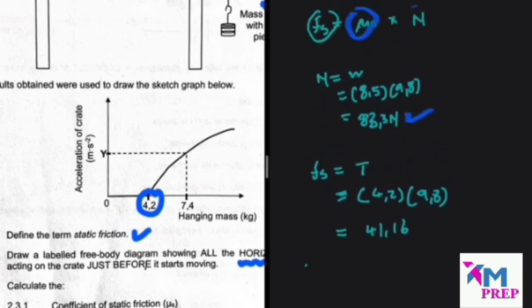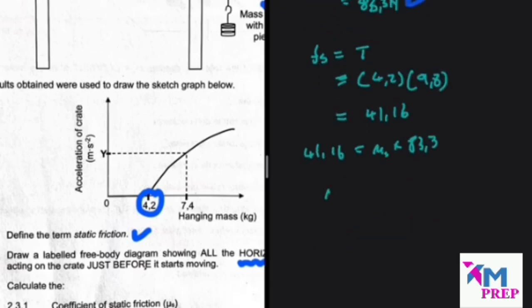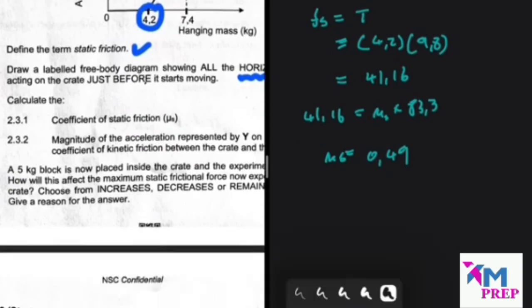So now we can see 41.16 is equal to the coefficient multiplied by 83.3. So the coefficient is going to be equal to 41.16 divided by 83.3, which is equal to 0.49. So that is 2.3.1. Let's take a look at